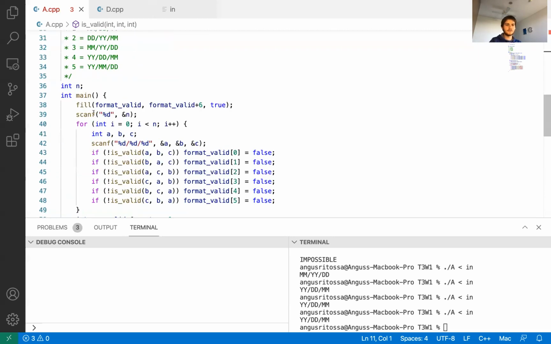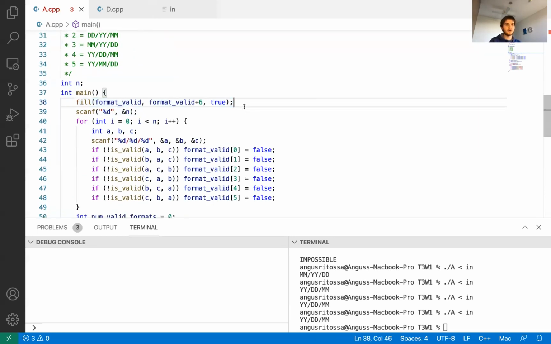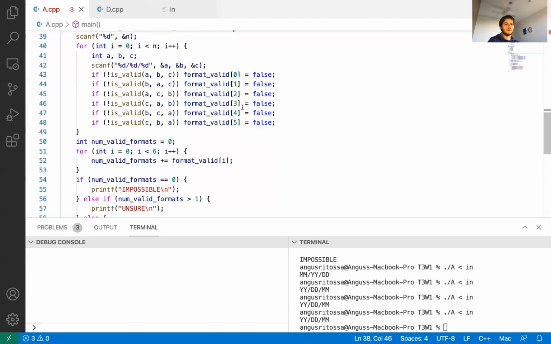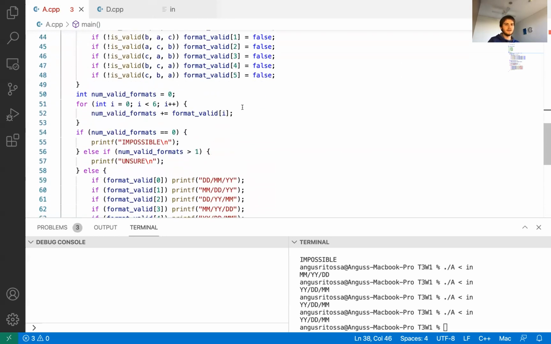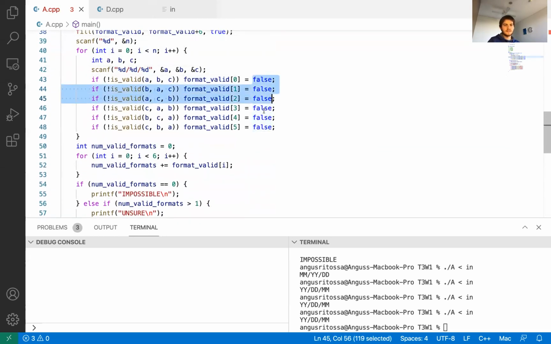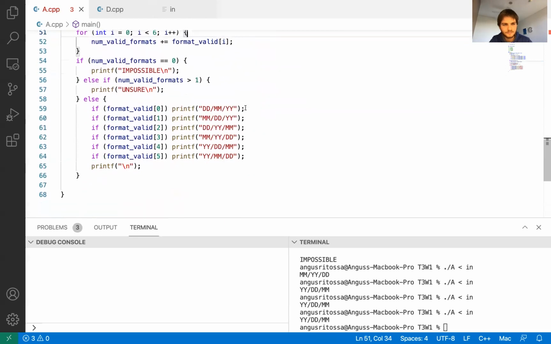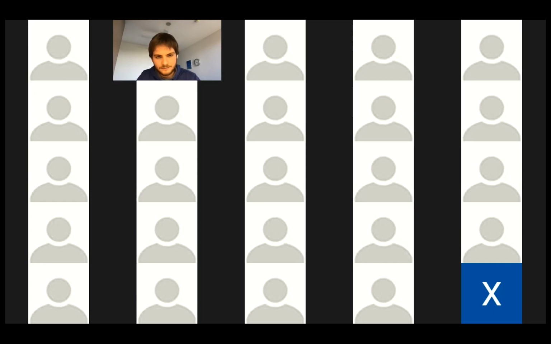Here I used fill, for example, that's in algorithm. Otherwise, this code is perfectly valid C, except I think for bools, you have to include a header in C. But otherwise, this is more or less perfectly valid C. So C will do you pretty well, but as Jonathan said, some more data structures is all you really need. Okay, I'm going to look at one more problem before we split into groups.